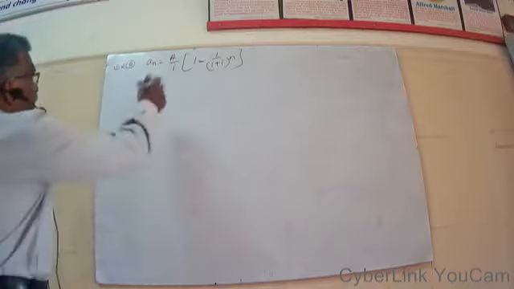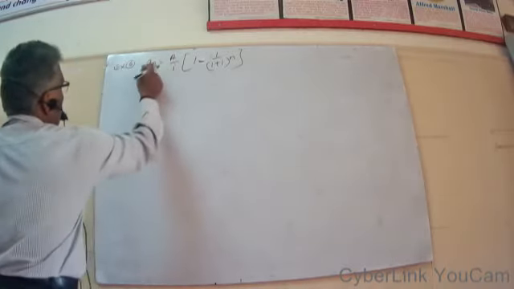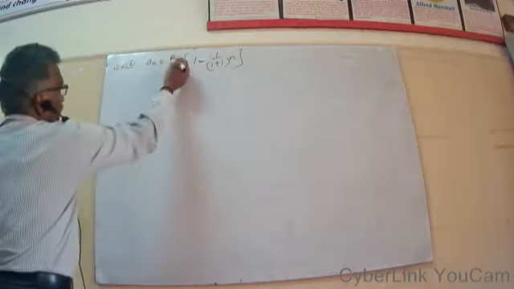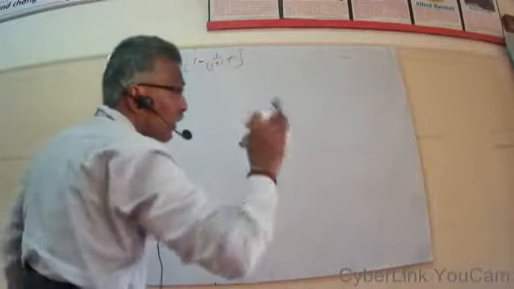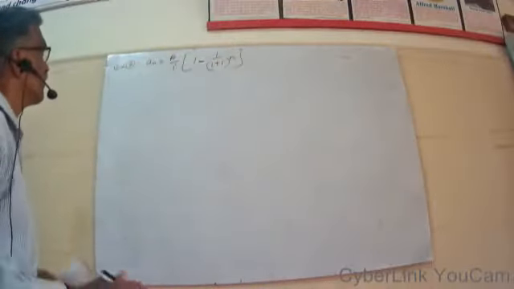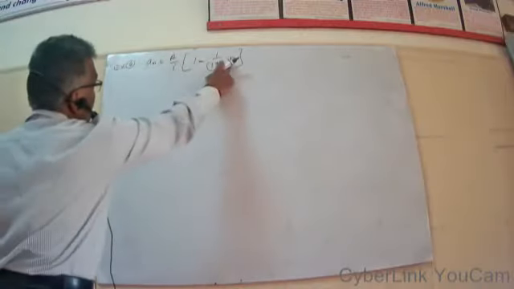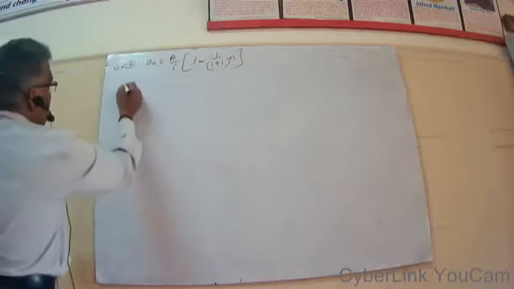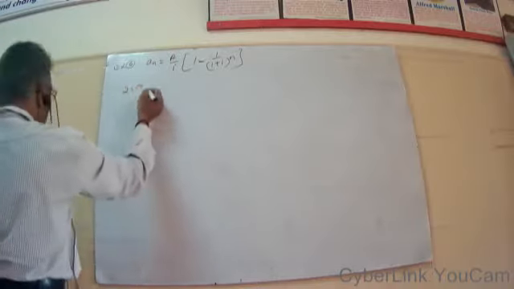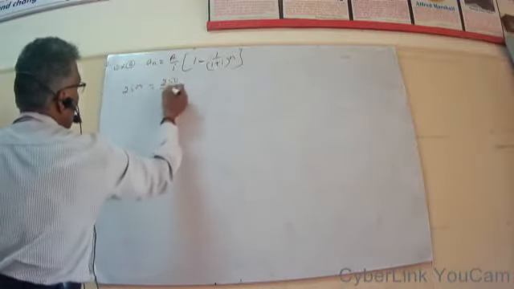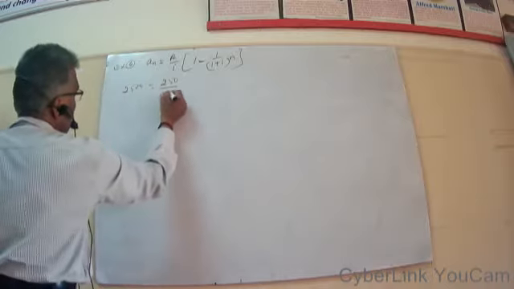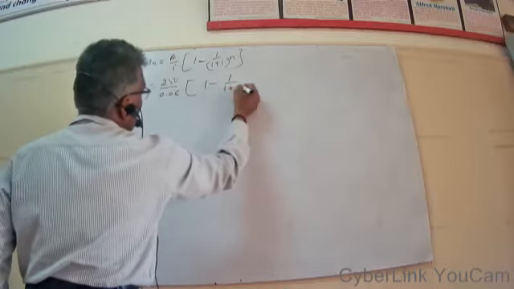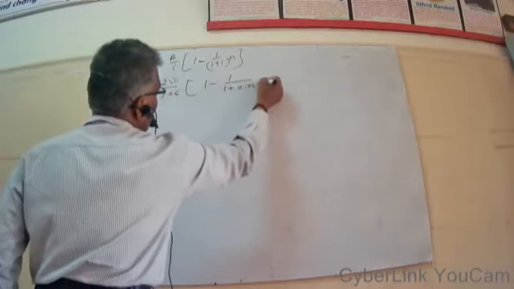So here a n equal to the present money, where a is the installment amount, i is the rate of interest, and n is the number of payments or number of installments. This is the amount of installment, this is the number of installments. So accordingly a n equal to 2500 equals 250 divided by i, the rate of interest at 6%, so this becomes 0.06 into 1 minus 1 upon 1 plus i, that is 0.06, raised to n.